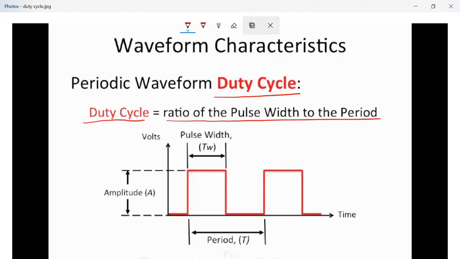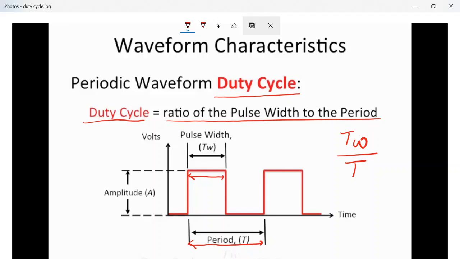So, you can consider what the duty cycle is from this figure. The pulse width is the width for which the clock signal is positive, or you can say at high level. And we have already discussed many times that the time in which one clock cycle is completed is called the period, or clock period. So, duty cycle is a ratio between the pulse width and the period.